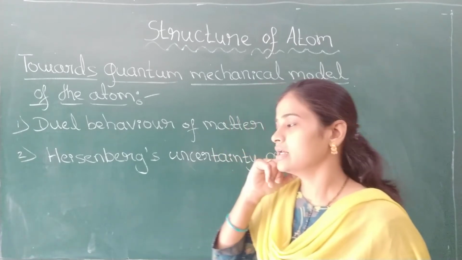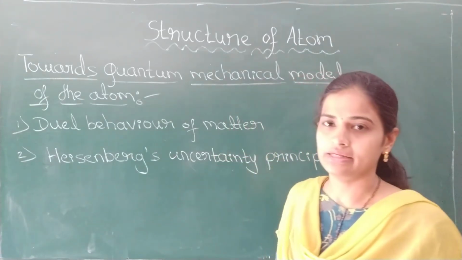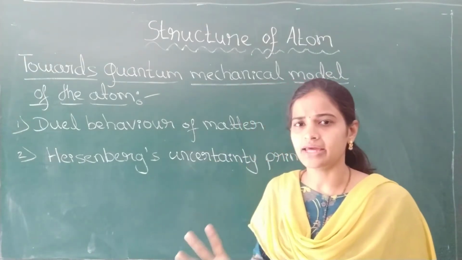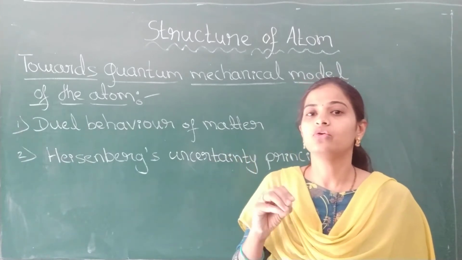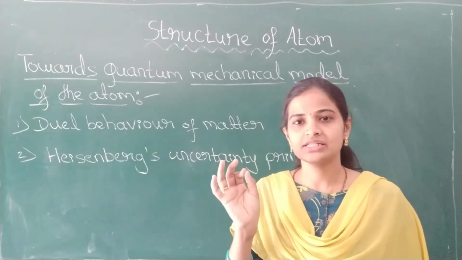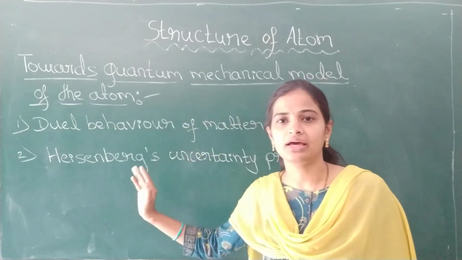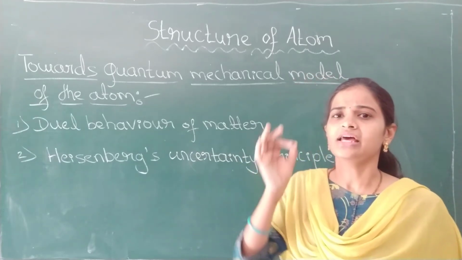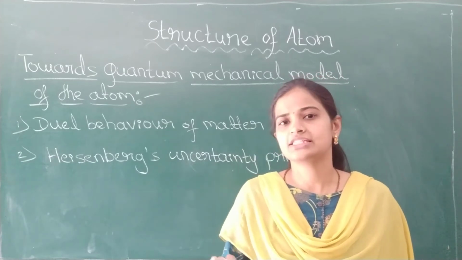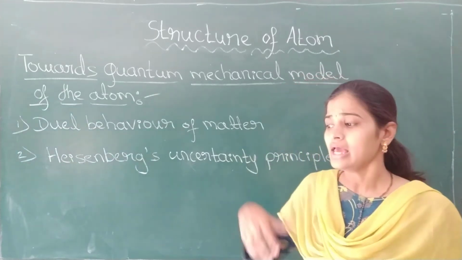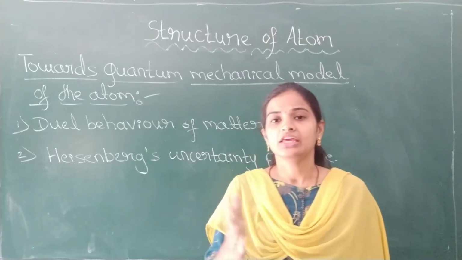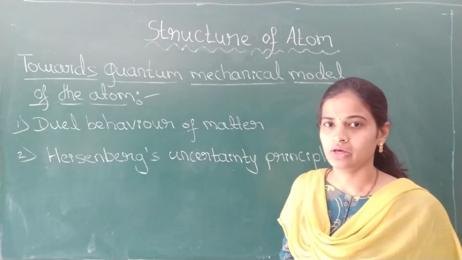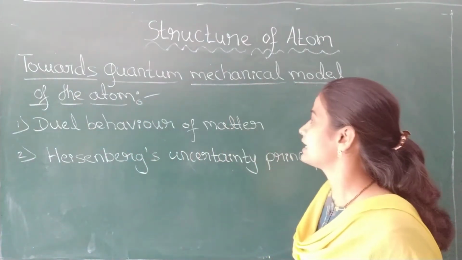Later on, scientist de Broglie has told that like light, even the matter can exhibit the dual behavior. Matter means with respect to electron here. How the light exhibits the wave nature as well as the particle nature, in the same way even the matter will also exhibit the dual behavior. Like how light will undergo diffraction, even the electrons can also undergo diffraction. He has shown it practically. And this is called the quantum mechanical model of an atom.